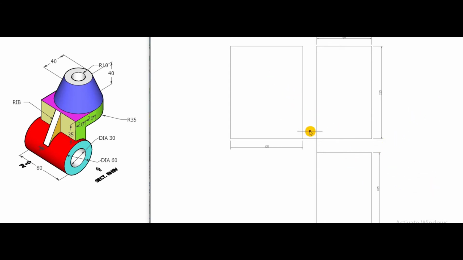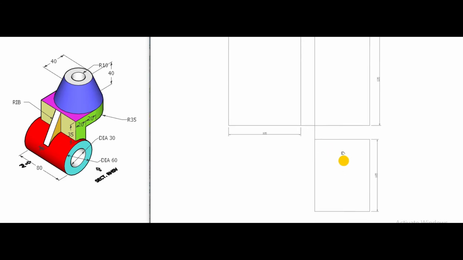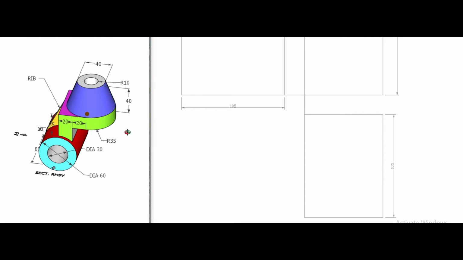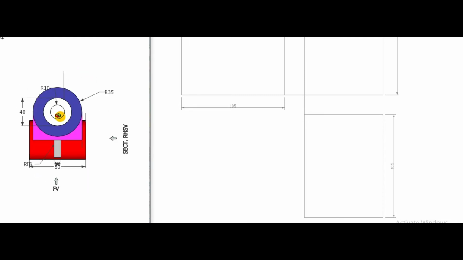Now we will focus on drawing the top view, because by locating the center and drawing the circles, we can draw the views quite easily. As the center point of the circle is at 35 millimeter from this edge, the top view will appear like this. So the center point from this edge is 35 millimeter.